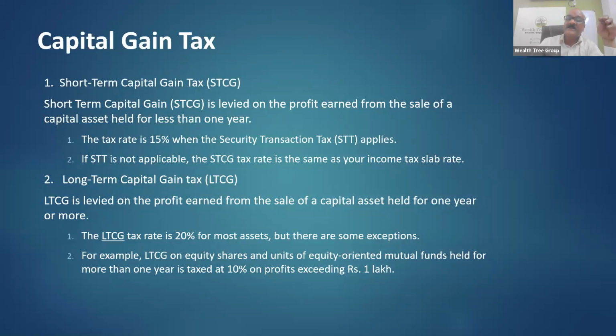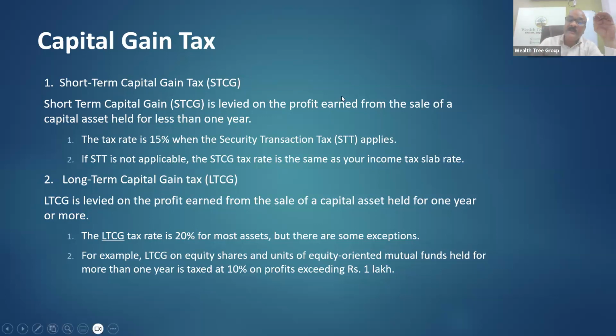And another transaction is where you buy shares today and sell them after 3 days, 4 days, 1 month, or 5 months, anything below 365 days. That attracts short-term capital gain tax, which is 15%. Whatever profit you make from this, you need to pay 15% tax on it, and then add it to your original tax, for which you have the complete computation. This is how it works.